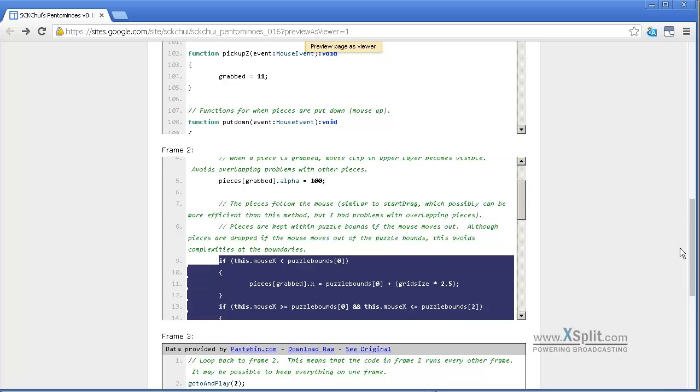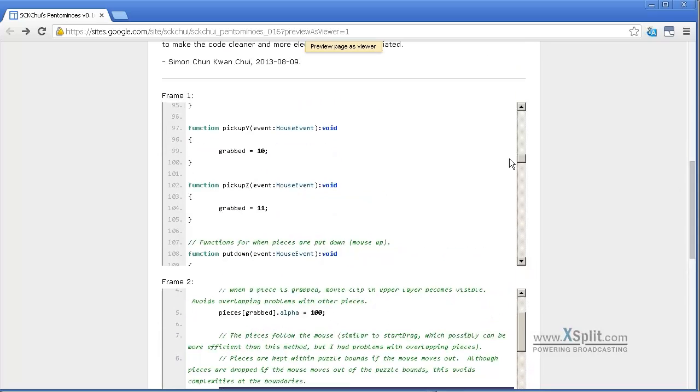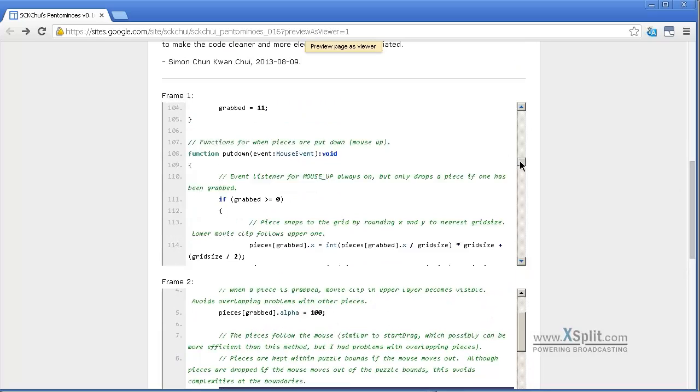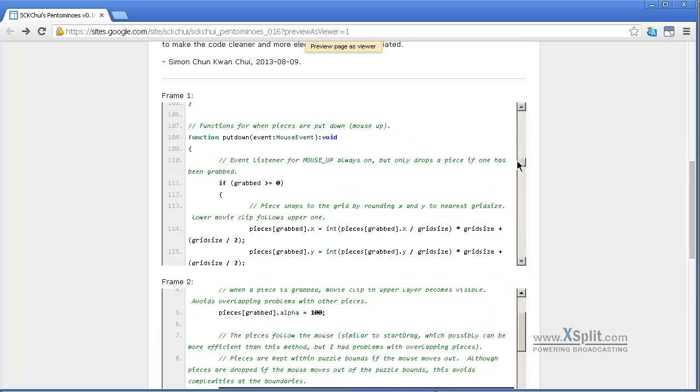Right. So back here, the function here is put down. Remember that you can release the mouse to put a thing down, or you can move your mouse outside the puzzle boundaries and it will also put the thing down. So if you have actually grabbed the piece, and you call the put down function, and a piece has been grabbed,